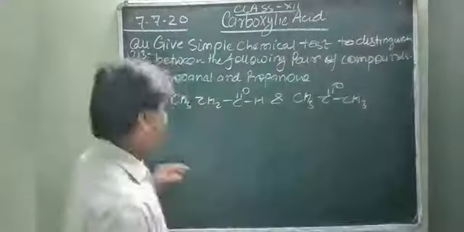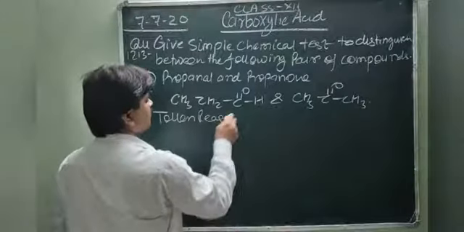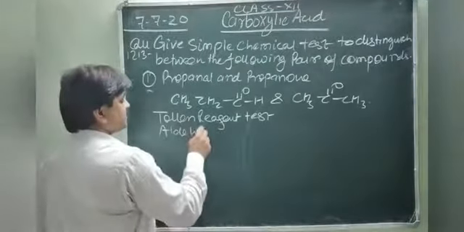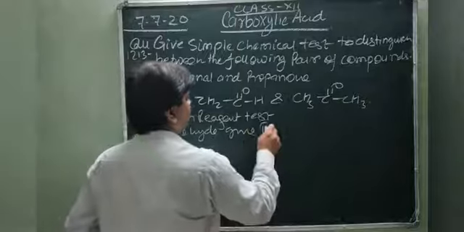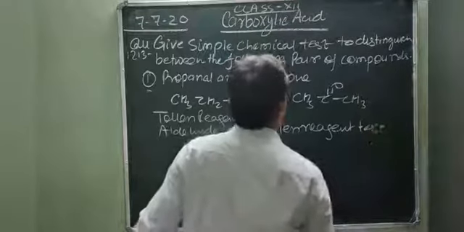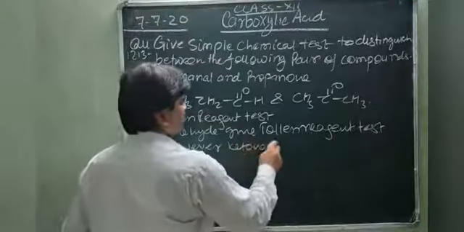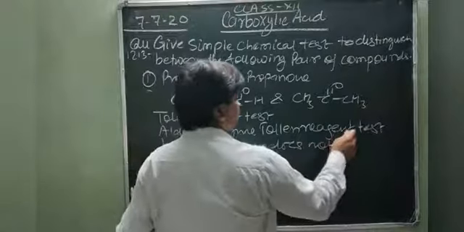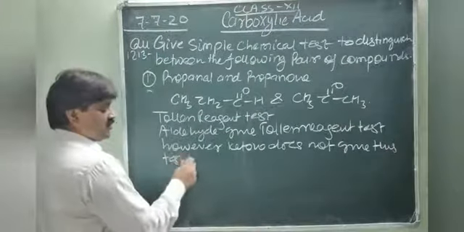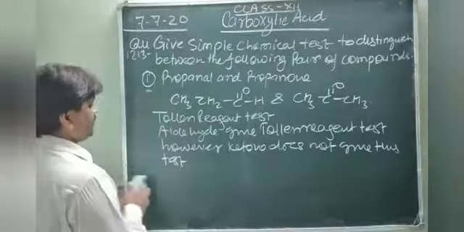So you can chemically distinguish them. An aldehyde gives the Tollens reagent test; however, a ketone does not give this test. For example,